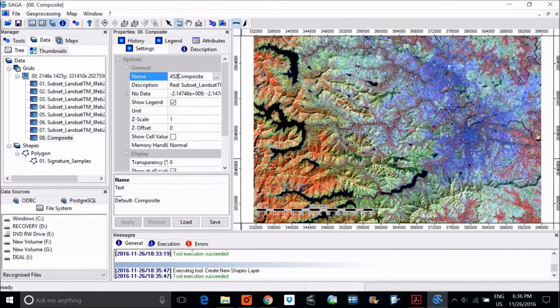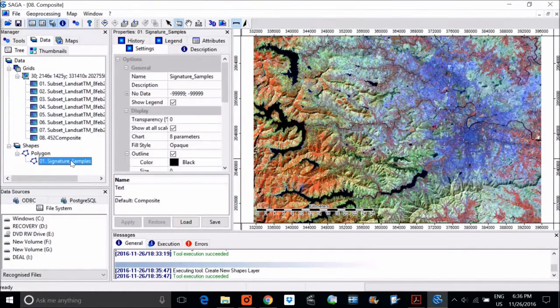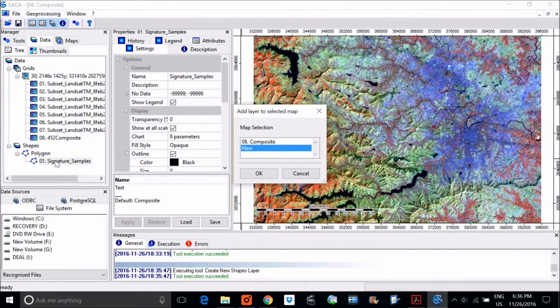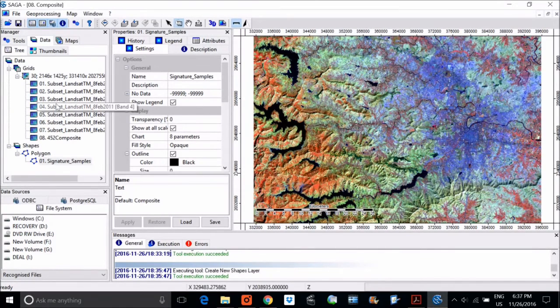Tab, apply. Now we'll double click here, and when we double click we can go to add layers to selected map. We'll select this composite.